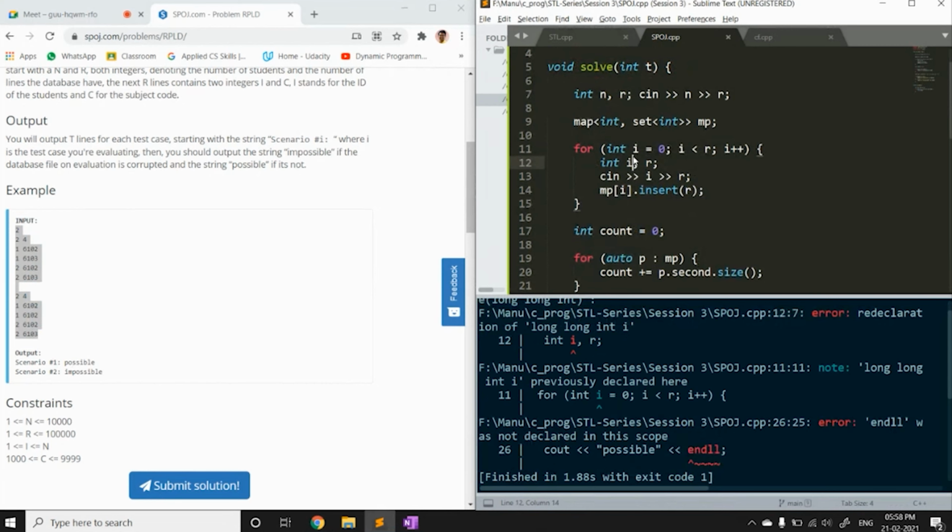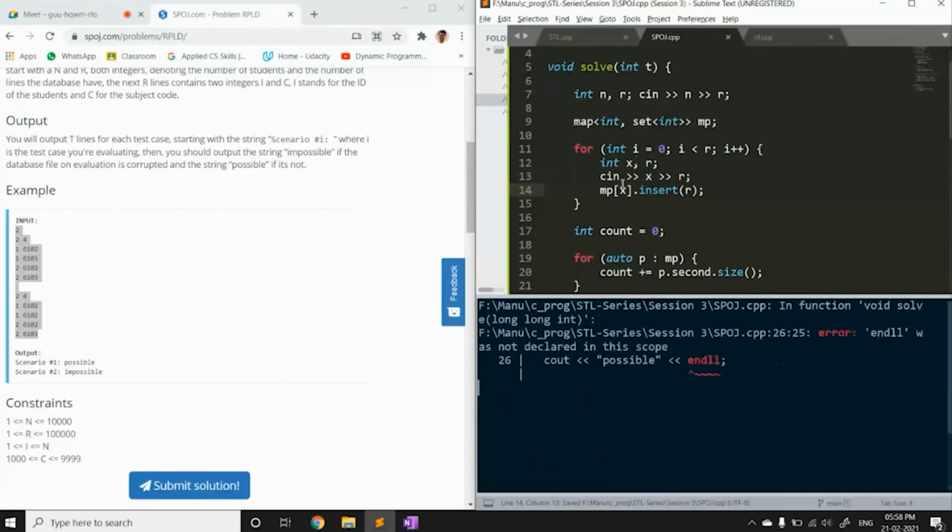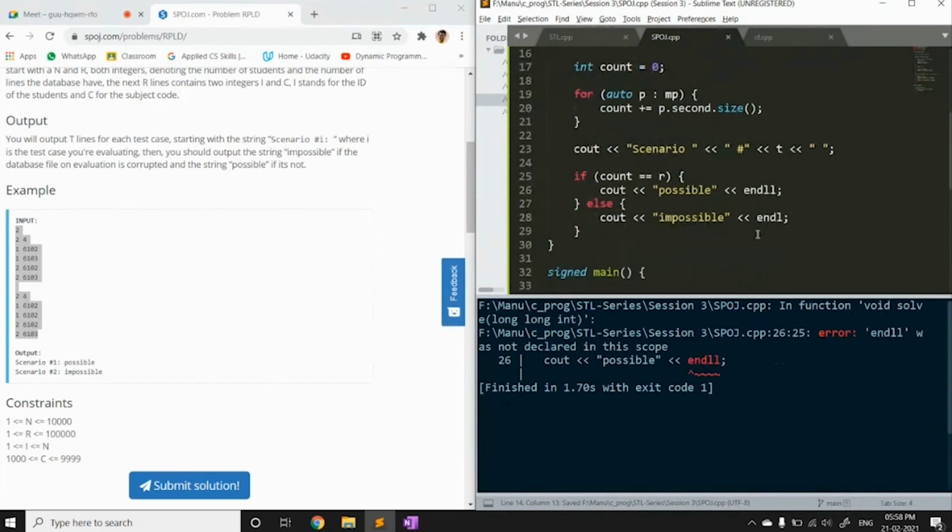Okay, so I have used I twice in the same scope, so I should use something else. So instead of I, I will use X here. There was a small typo here.